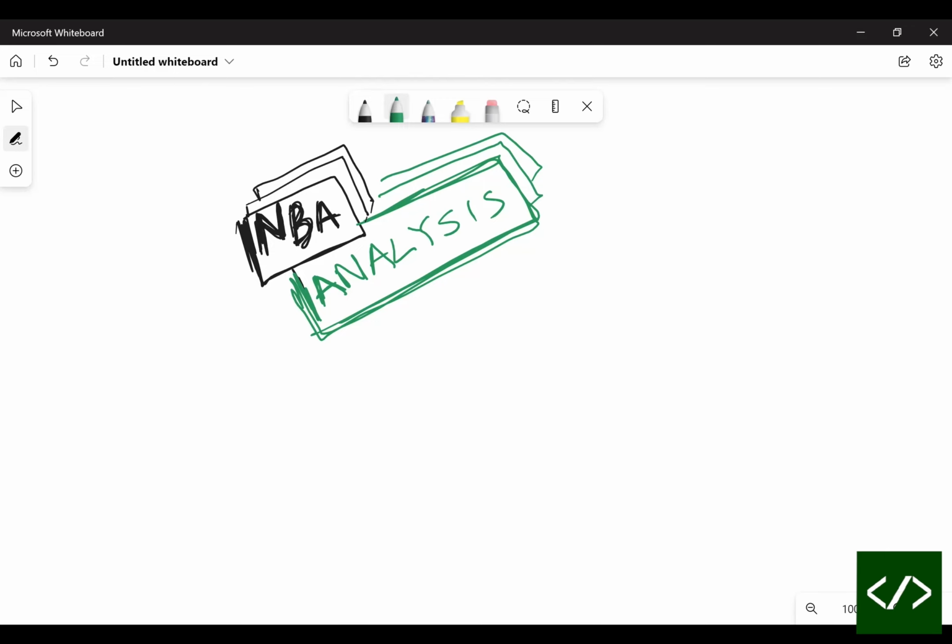And for this thought experiment, we're going to be doing some analytics to figure out what's the best strategy to score the most points in an NBA game, with a couple of caveats and a couple of rules in place. First of all, both teams have to be collaborating together, right? So in this fantasy world that we're creating, I want you to imagine, I don't know if you've ever seen this movie,